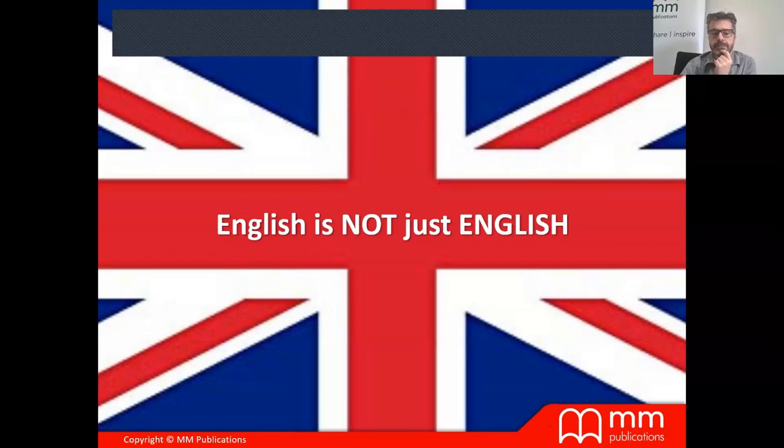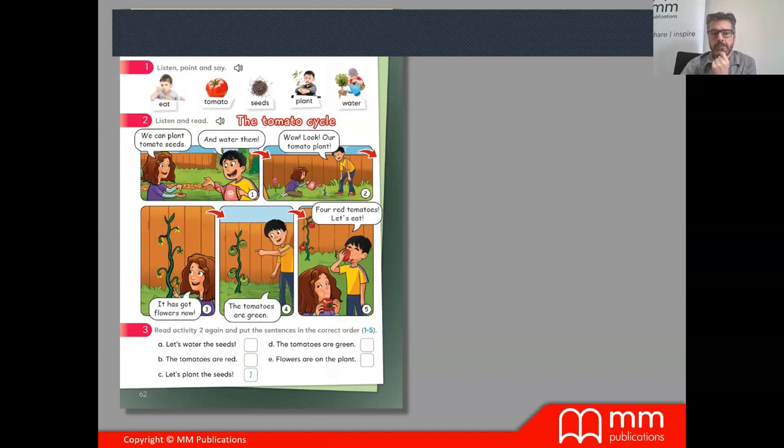So if they ask your students, what's your favorite subject? Is it maths or science? And I say, what do you learn at this age? How old are you? 8. I'm also 8. What do you learn in maths? They should be able to describe, not know everything in English, but at least describe what they're learning in maths in English. I will give you an example here from science.